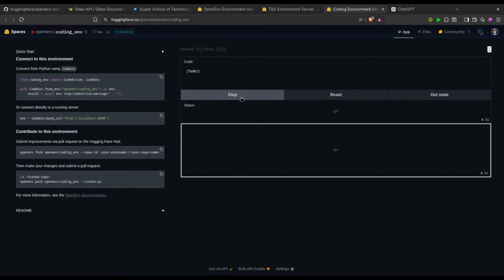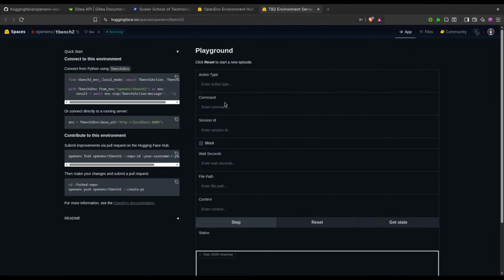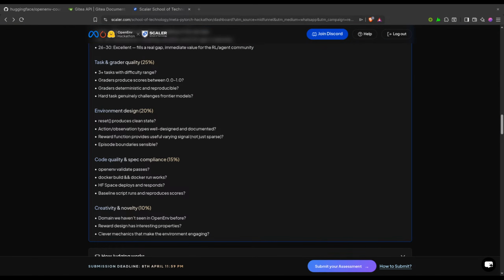The reward is still 0.1, but it is marking it as false. I don't know how I am supposed to mark this true, but I'll just stop playing around today. We have covered most of the things. Okay, we were able to do all the things, I think. We will be debugging soon enough. But before that, we need to understand some of the things. Okay?